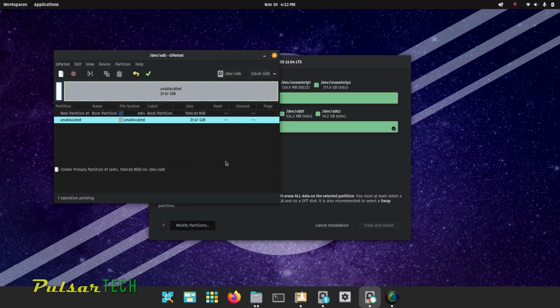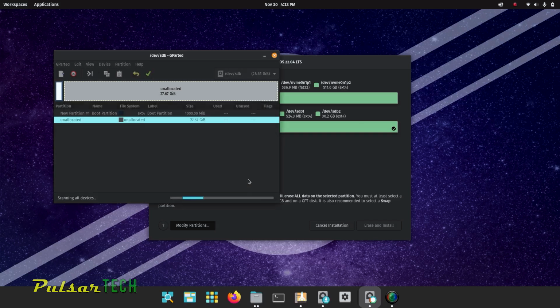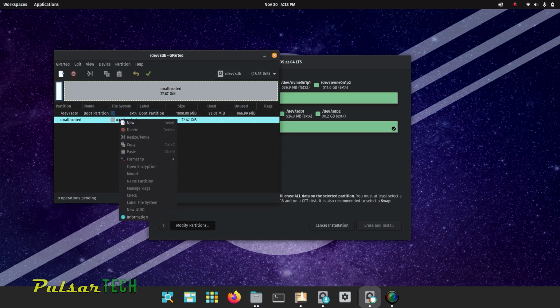And then just click add. Then click on the check mark at the top. It's going to apply the operation, and it doesn't take very long. Now we need to create a root partition as well, so right click on the unallocated space, then select new,